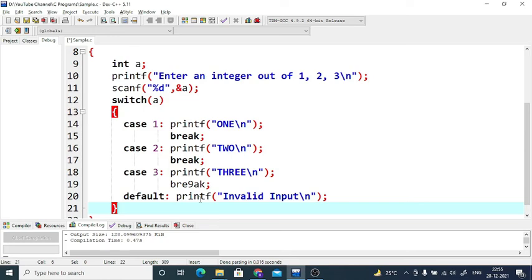We'll experience the comfort that we get by using a particular type of control structure, and then we will be in a position to decide in which scenario if-else ladder would be better and in which scenario switch case would be better. So that's what we are aiming at. But the current video was about the programming example of switch case, and that we have done successfully.